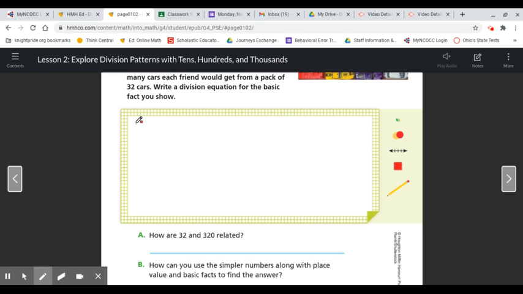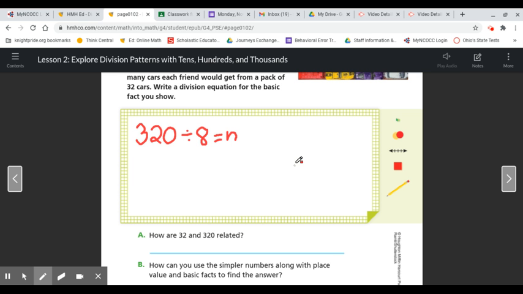So the total number of cars in a pack is 320. And we want to take those cars and divide them equally between 8 friends. So that means our division equation that we would need to solve for this problem would be 320 divided by